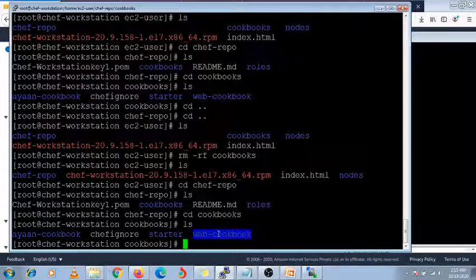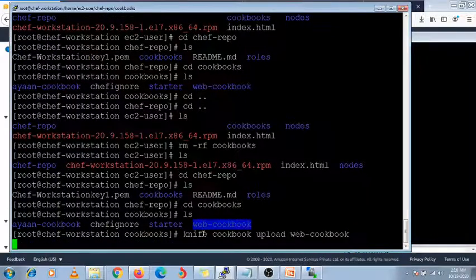So how can you do it? Using the command knife cookbook upload, and you need to specify your cookbook name: knife cookbook upload cookbook name, enter it.